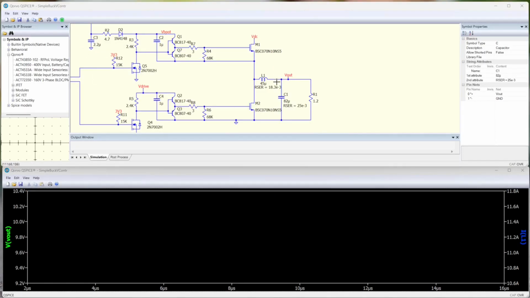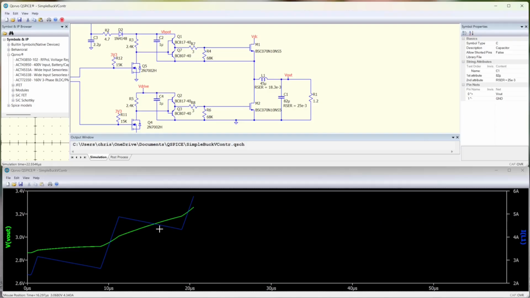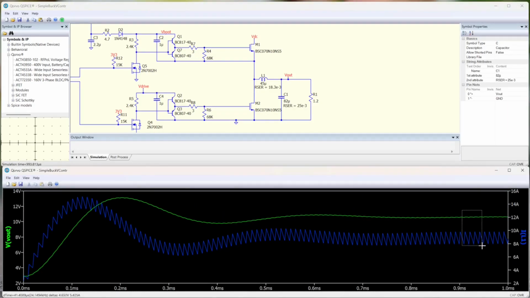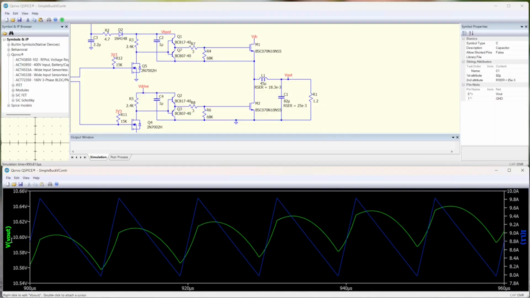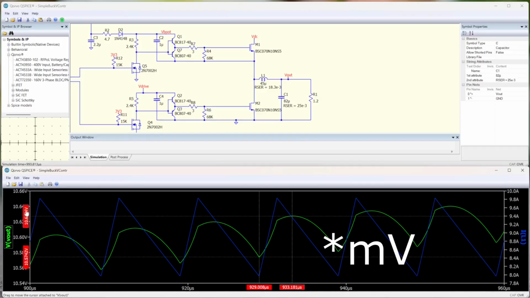Now I added the values for the series resistance on the inductor, and I used the chosen capacitor of 82 microfarad with the ESR of 25 milliohm. Now we run the simulation again. And now if we zoom in, we'll see from the results, if you look at the output voltage ripple, that we have a voltage ripple of around 50 millivolts. And like this, the requirement is met, but just met,